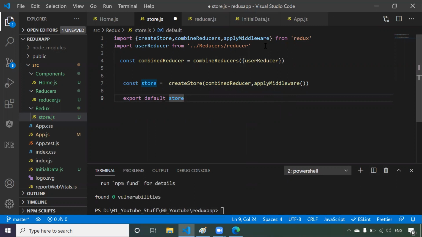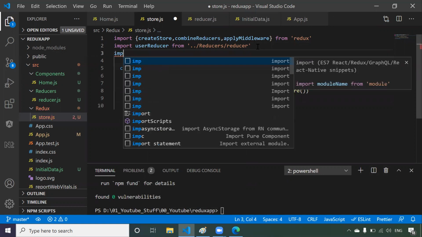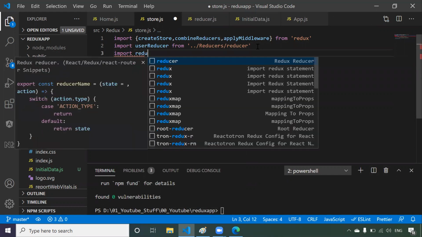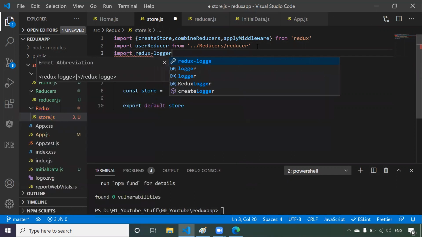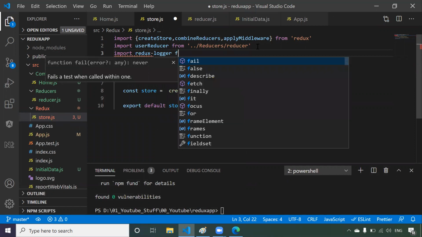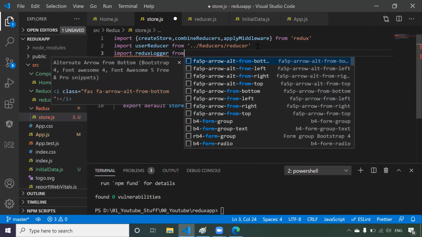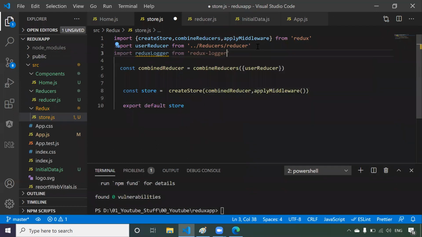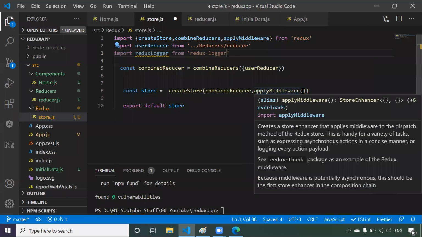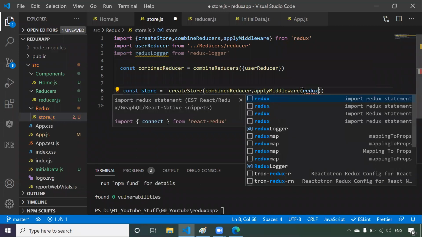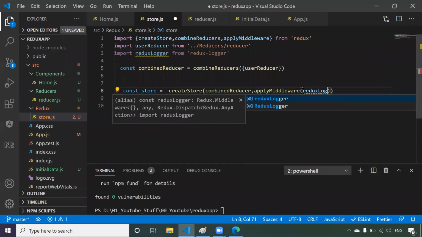Before passing, first of all we have to import it, right? So import logger from redux-logger. Now we pass this Redux Logger to applyMiddleware as the first argument.